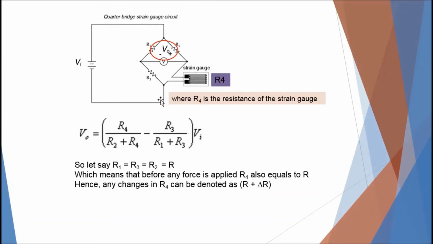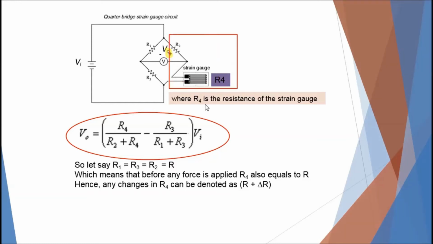This is the construction of the circuit for you to measure the voltage when you have a change in the resistance. What I want you to focus on is how you get to this equation. You have this voltage supply and this is the voltage measured. Your sensor is here. Focus on the positive sign of your V out. If your V out has a positive sign on your right, it means that this combination here should be the first term, and the one at the numerator is your R4. So R4 over R2 plus R4, minus R3 over R1 plus R3, and then this whole term is multiplied with your input signal.